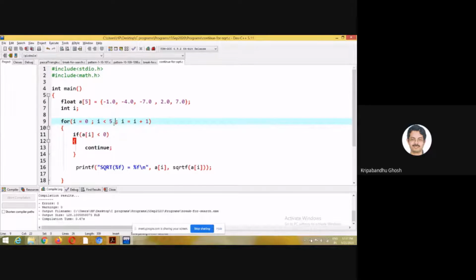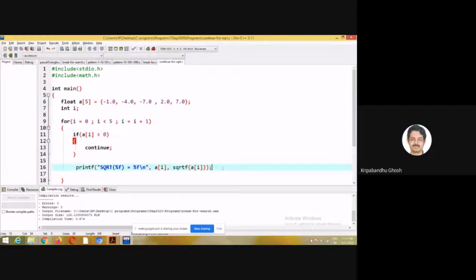After this check, control comes to this line. If it is continue, then it goes to the increment. Then it increments this particular value and checks again. So the control goes back to for. So it will skip the remaining portion of the loop. This will happen if it is negative, otherwise the square root will be calculated.